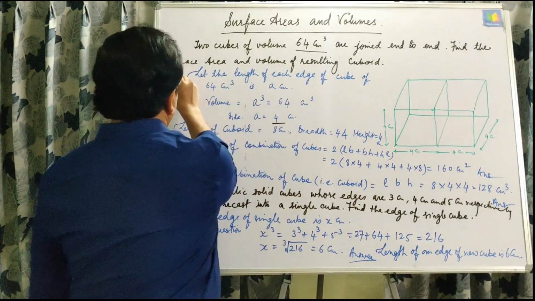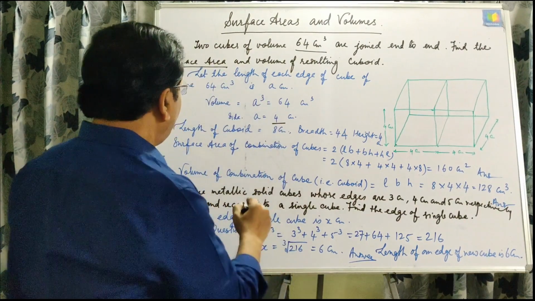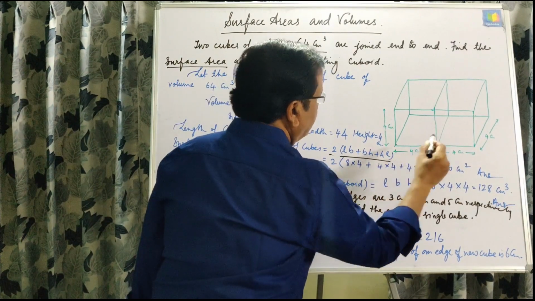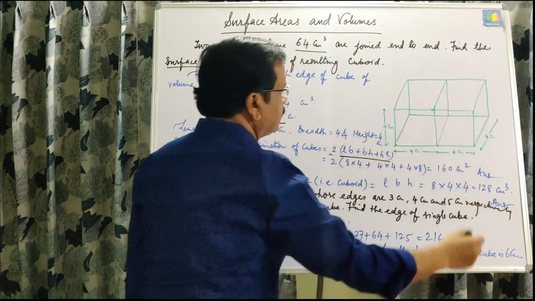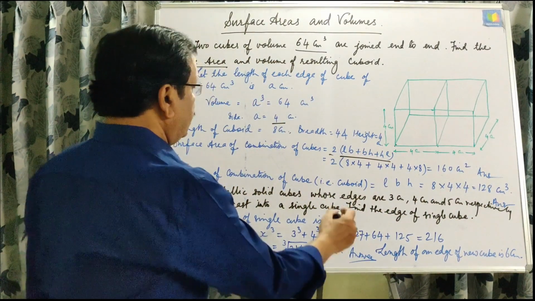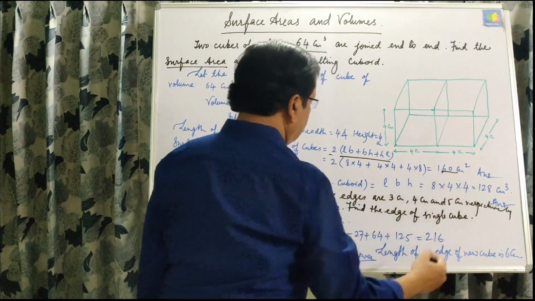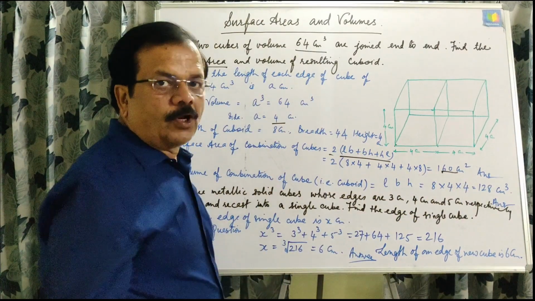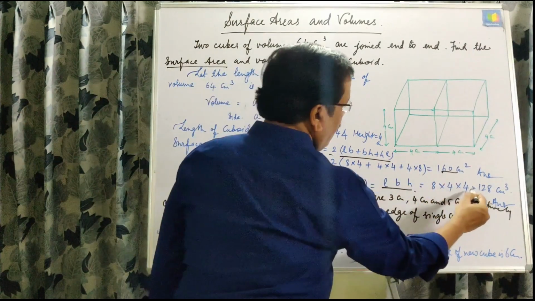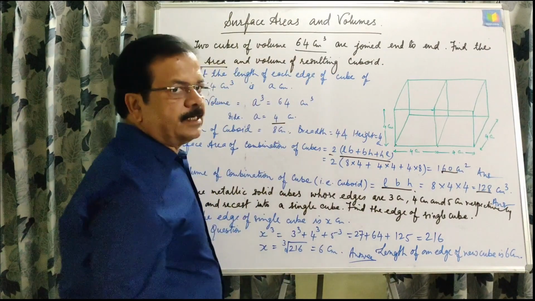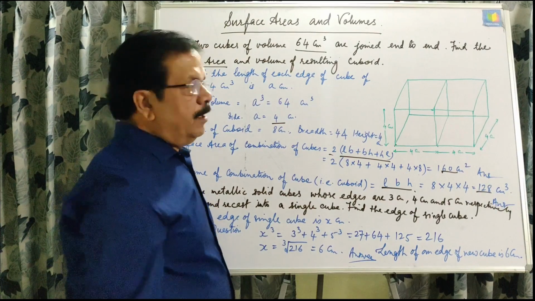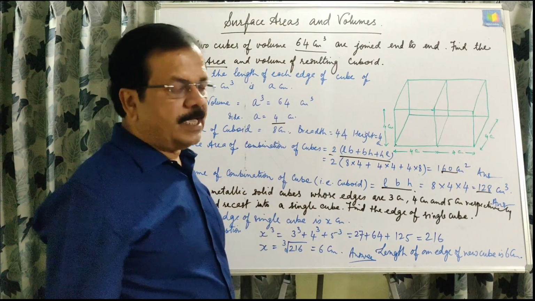And then surface area of this cuboid will be twice into L into B plus B into H plus H into L, means area of all 6 faces we just studied during the discussion of formula, and then we are getting this is 160 centimeter square. In the same way, volume will be L into B into H, and then after multiplying we are getting 128 centimeter cube. Units are very important in mensuration, or you can say surface area and volume.